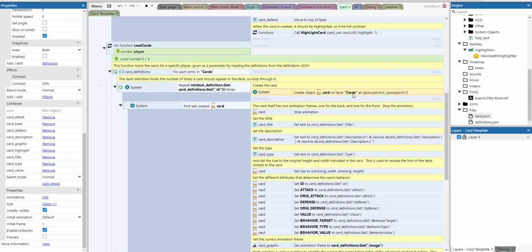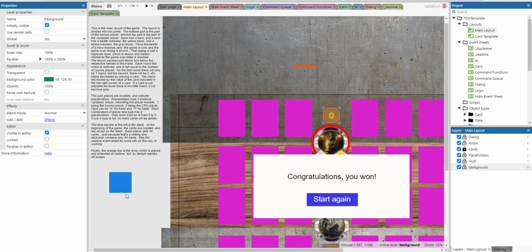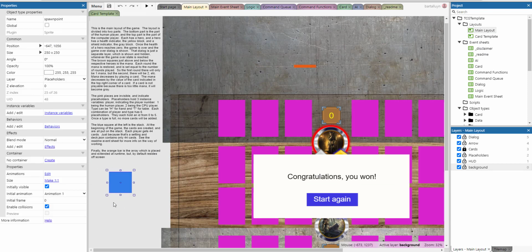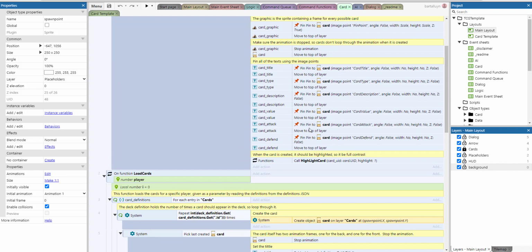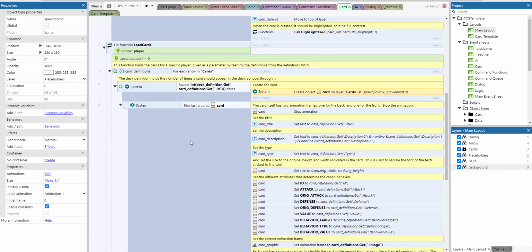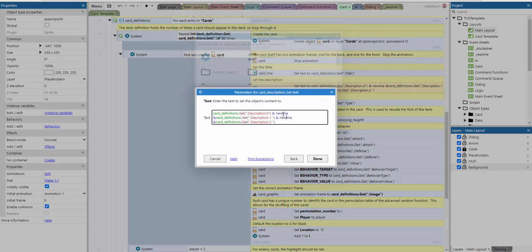We create the object card at the spawn point, and the spawn point, if you remember, is this one here. This is where the cards are created. It's actually the stack where the cards are, and then of course this logic will happen, the on created logic, and then we pick the last created card. We stop the animation. So the card itself has two animation frames as well, one for the back and one for the front. So now we get all of the items from the JSON definition, for example, the title, the three descriptions, which are separated by a new line,